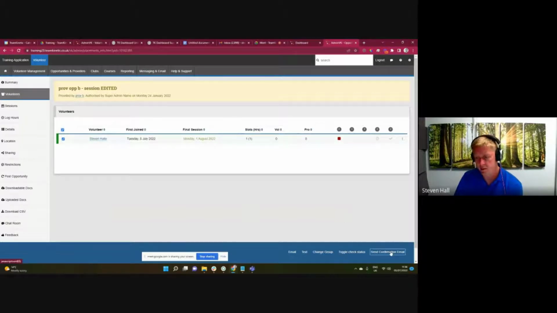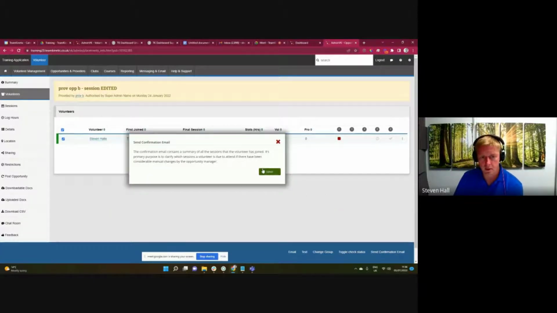And let's have a look. I can do it here actually while we're here. Confirmation email, summary of the sessions that the volunteer has joined. Its primary purpose is to clarify which sessions a volunteer is due to attend, and if there be considerable manual changes to the opportunity manager. So if I click on send there,